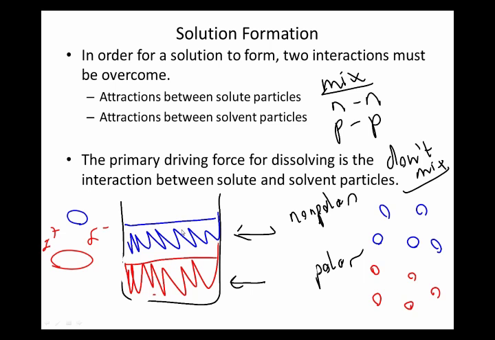So the interaction between something that just has London forces and something that's polar is not going to be very good, right? They can interact, but it's not going to work really well. This would be fine if both of the substances were easy to yank apart, if all the interactions were equally weak. But they're not going to mix well. So I'm going to call this nonpolar,